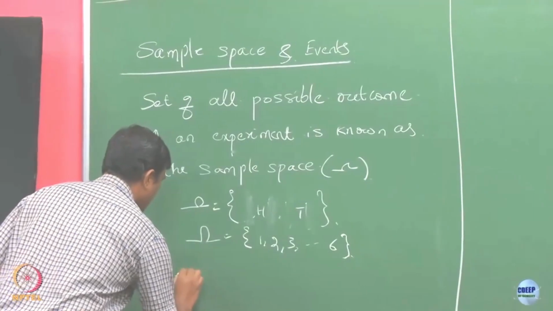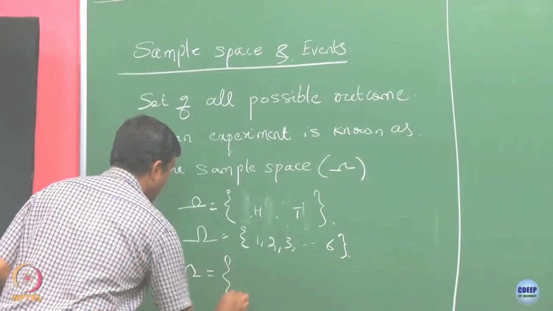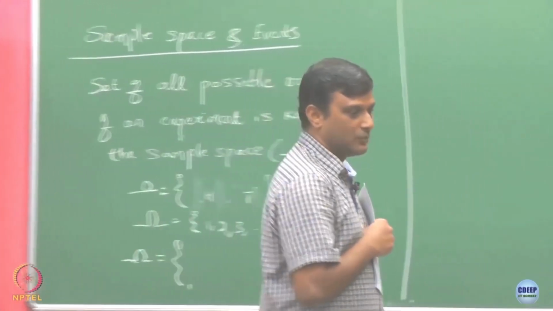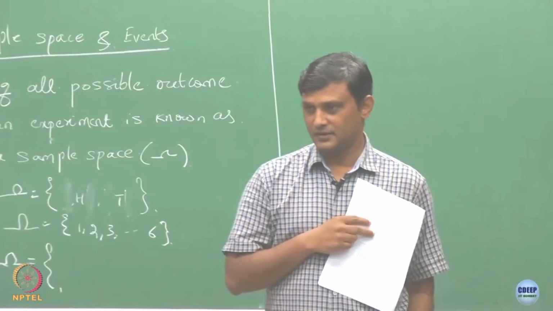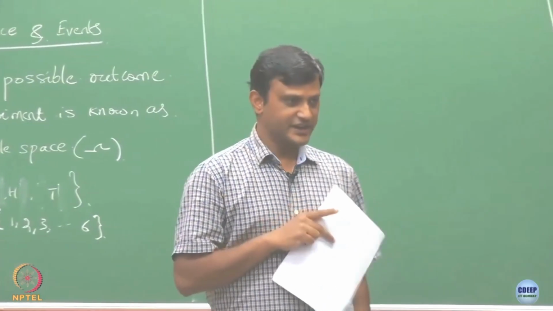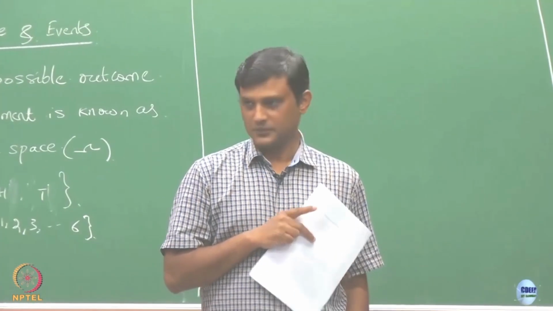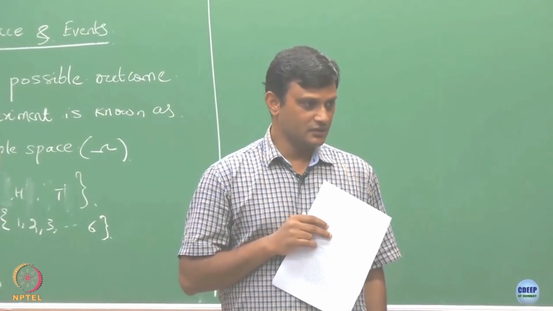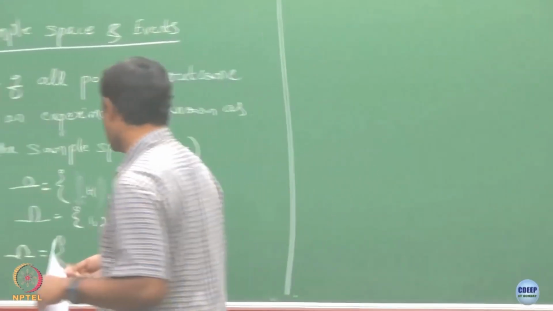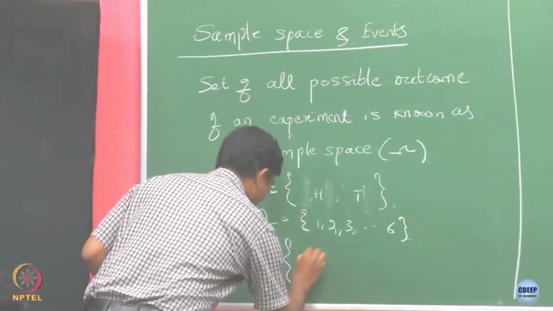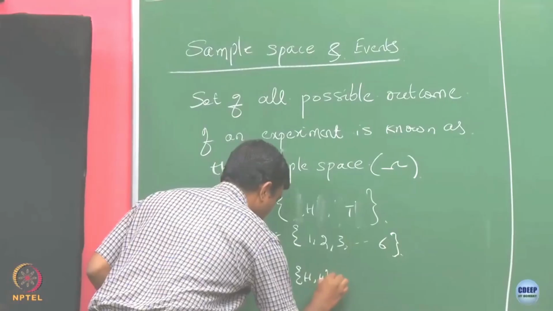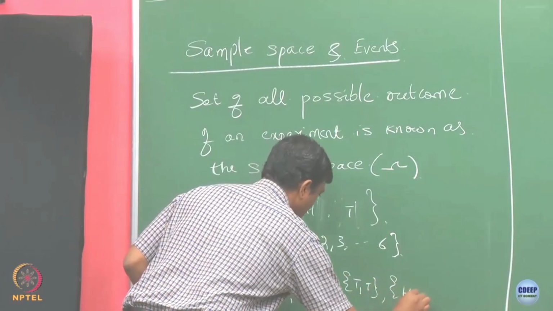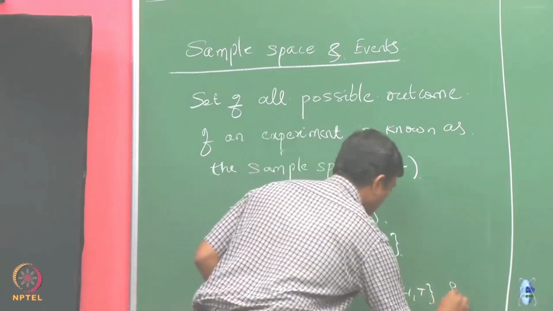So instead of one coin, suppose I am going to take two coins and throw them. In each trial I am going to toss two coins. What could be possible outcomes for me? So I can see possibly head on both coins, or I am going to see tail, or first is head, other tail, or